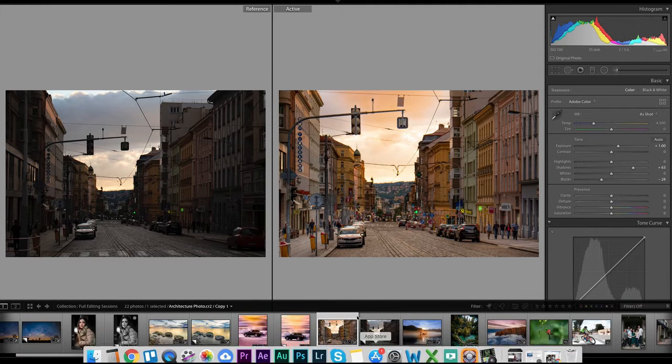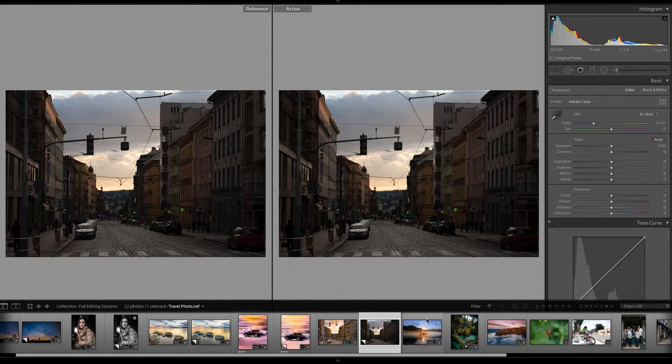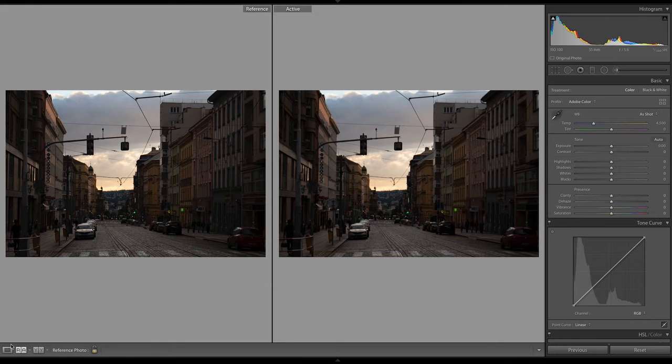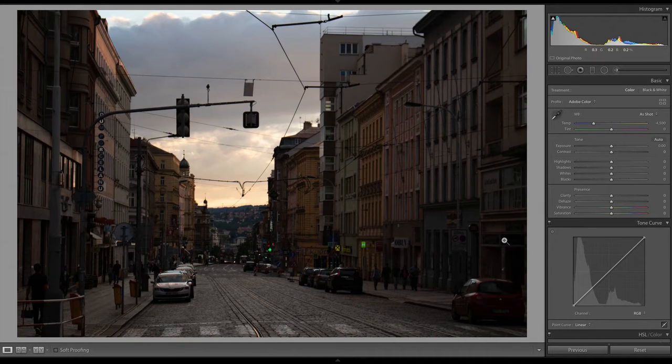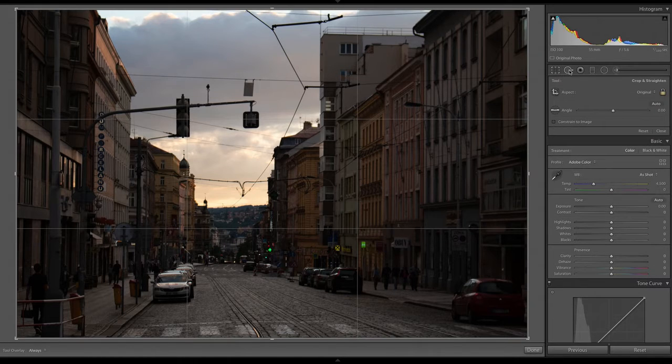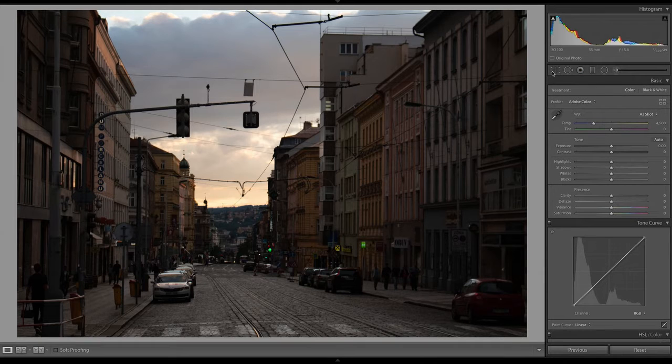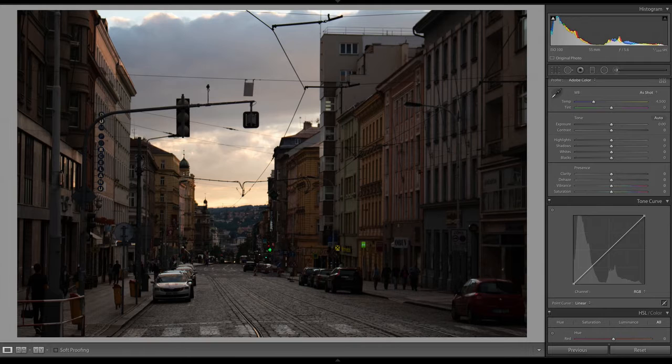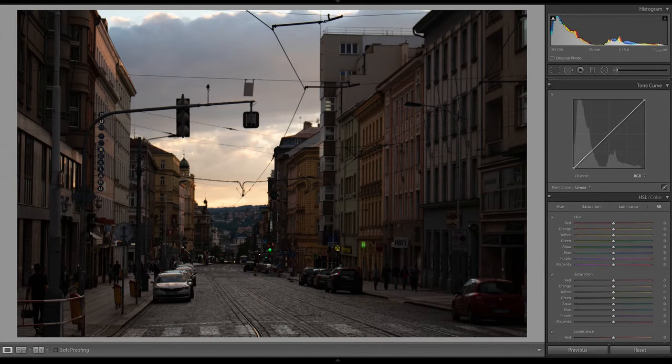All right, so as always, you can follow along by opening up the architecture shot, and that can be downloaded in the earlier lesson in this section. So the first thing that I always do is crop. If you've been watching these lessons for a while now, you know that I always crop. Actually though, trick question, because in this photo, I'm going to do something else. I want to straighten this photo.